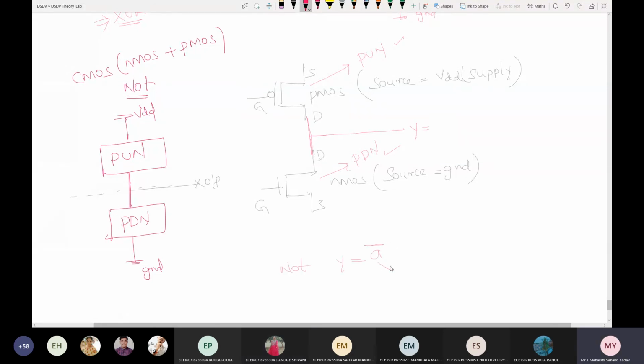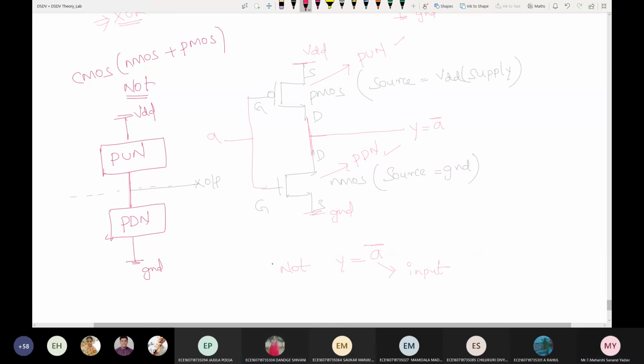First focus on the component present below the bar. It is A, meaning a single input is present. Single input means all the gates are joined, here the input is A and the output is Y equals A bar. So for PMOS, the source should be connected to VDD, and for NMOS, to ground. Clear?